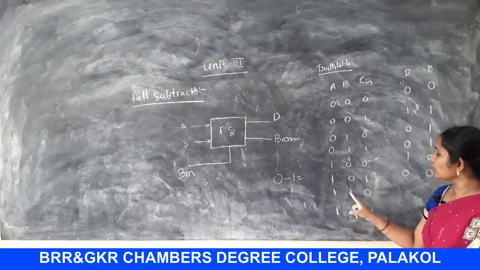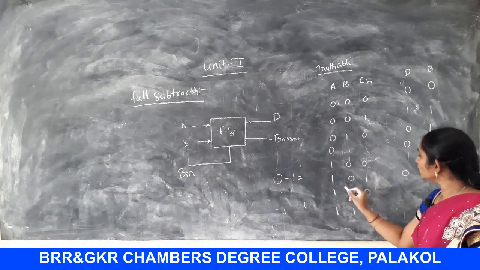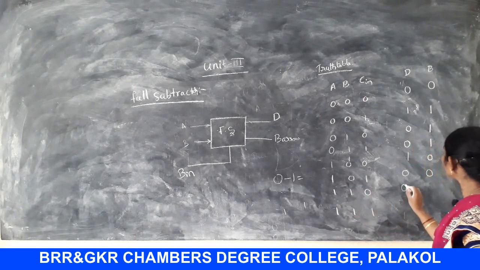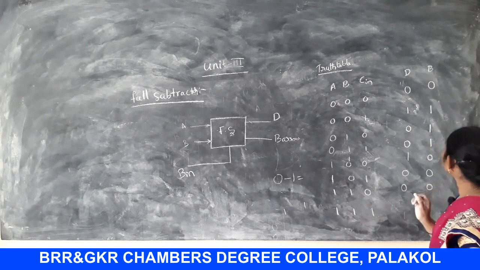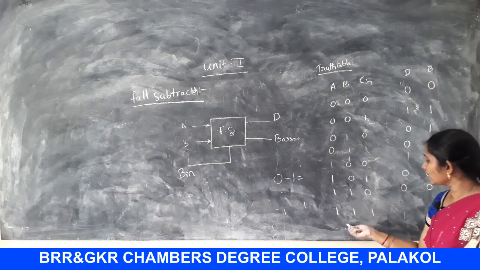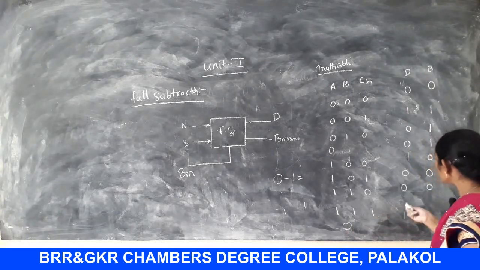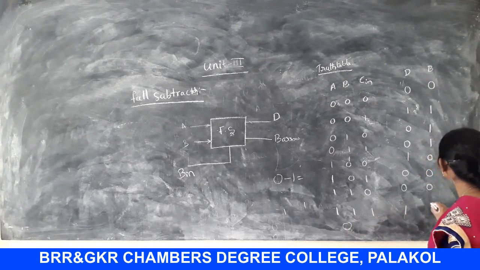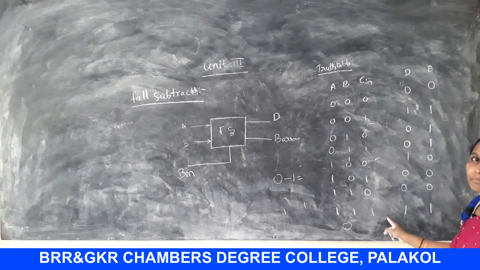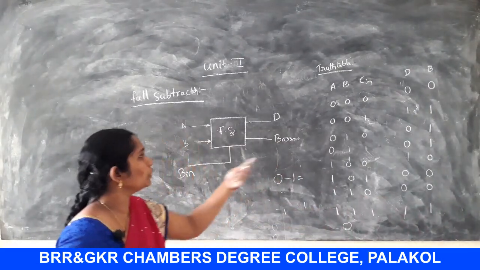And it is also 1 minus 1 is 0. Here this is 0 and 0 minus 0 is also 0. Therefore the difference is 0 and the borrow is also 0. And next one here 1 minus 1 is 0. Again 0 minus 1, so the difference is 1 and the borrow is 1. Likewise we have to subtract the three numbers. Finally we will derive the expressions using this truth table.